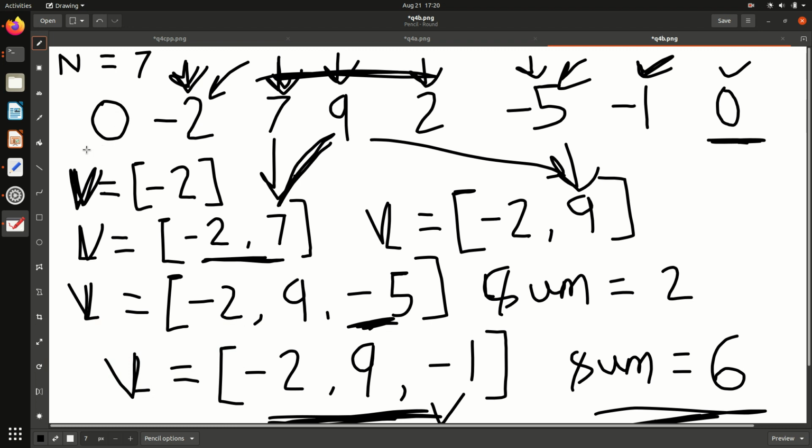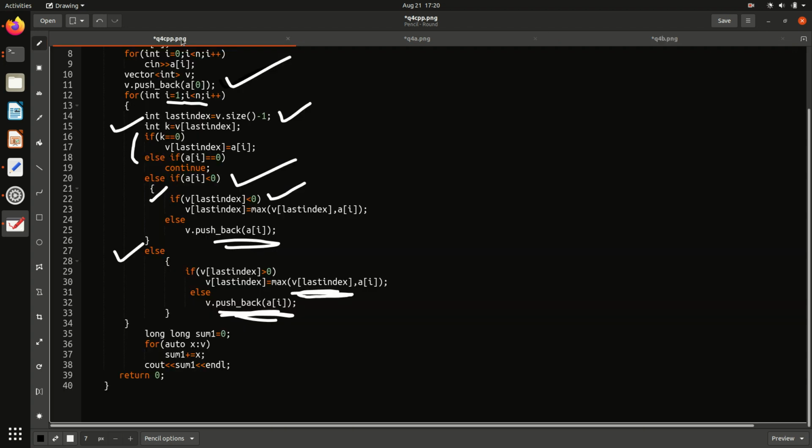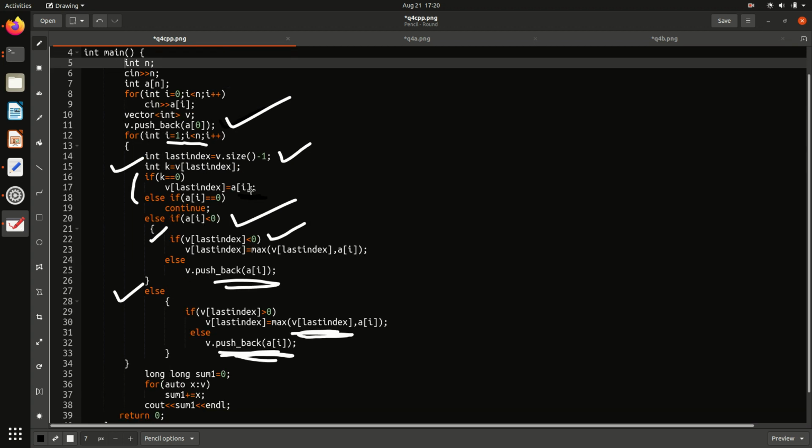And if it is already in the vector and it is 0, then whatever the current element is, just update this 0 with the current element, because we have no need of 0, because 0 is not essential for us. So the same thing I have done here. If the last element value is 0, then just update it to the current element and then move forward. So this was what the code was all about,